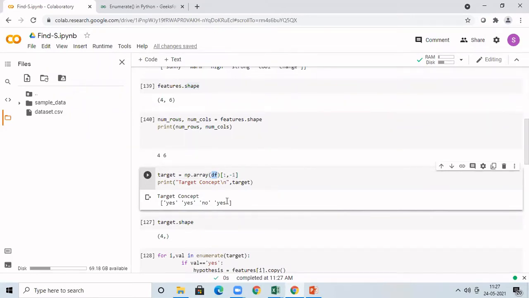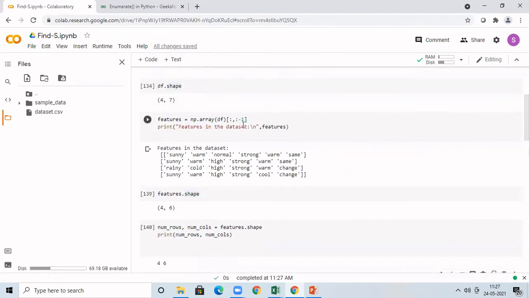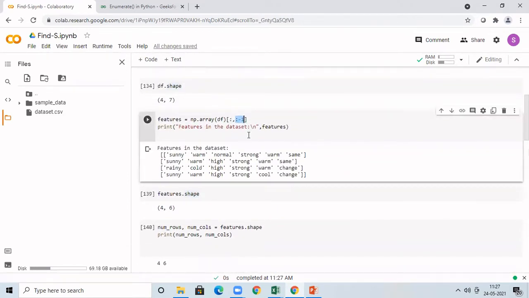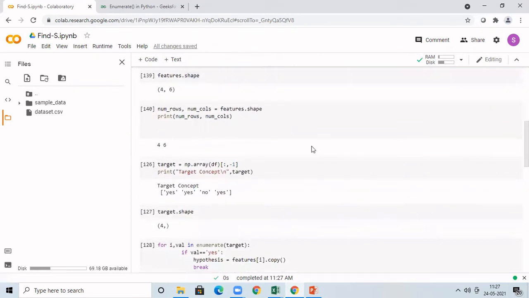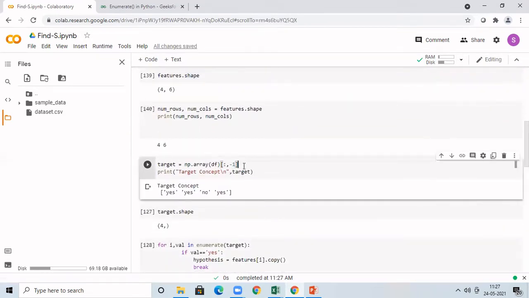So I want all the rows. So I am giving simply colon. I want only the last column. In the previous case, if you have seen here, I want everything other than the last column. So I have given colon -1. But here I want only the last column. So I'm going to give -1. If you do this, it will extract only the last column with all the rows in that.